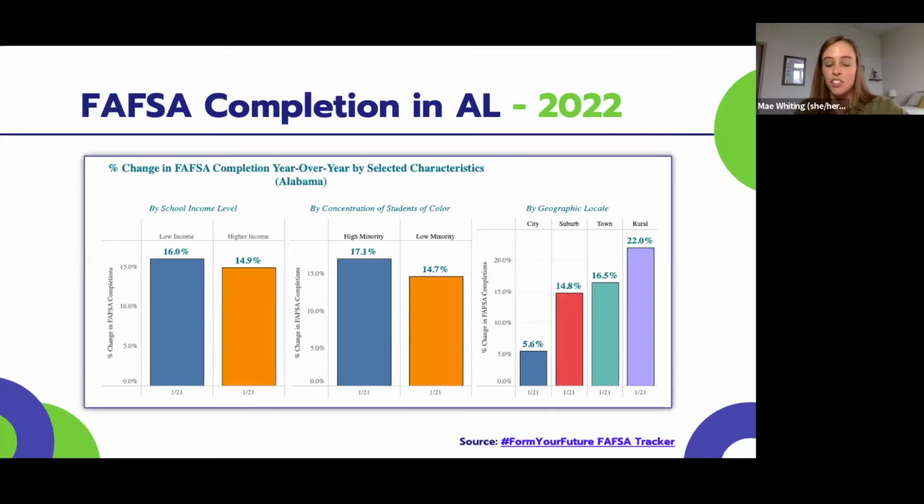That being said, this is just a statewide view. We know that not all schools and all districts are having the same experiences of promoting the FAFSA, and we know there are barriers that some schools face that other schools might not. So while the state as a whole is showing really positive trends, we know that individual cities and individual counties might be facing some serious obstacles, both with college-going activities generally and with FAFSA completion specifically.